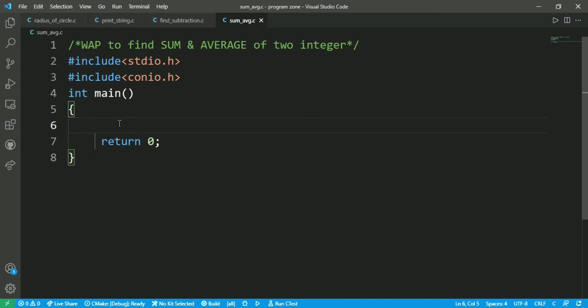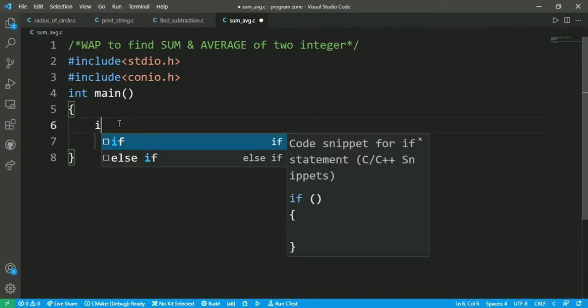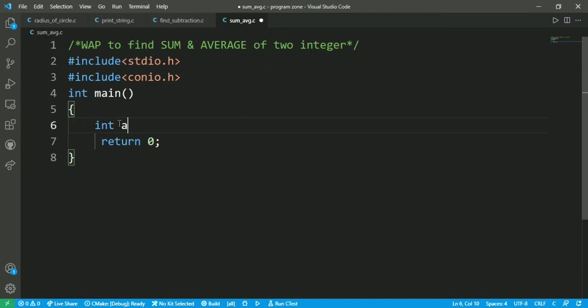First, declare the variables: int a, b, sum, and after that I have to declare the average variable.